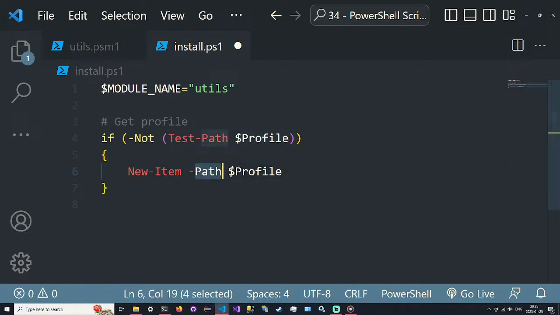So we're going to say new item dash path profile to specify the path. Type is going to be a file, and then we're going to say dash force. And then we're just going to print out echo profile